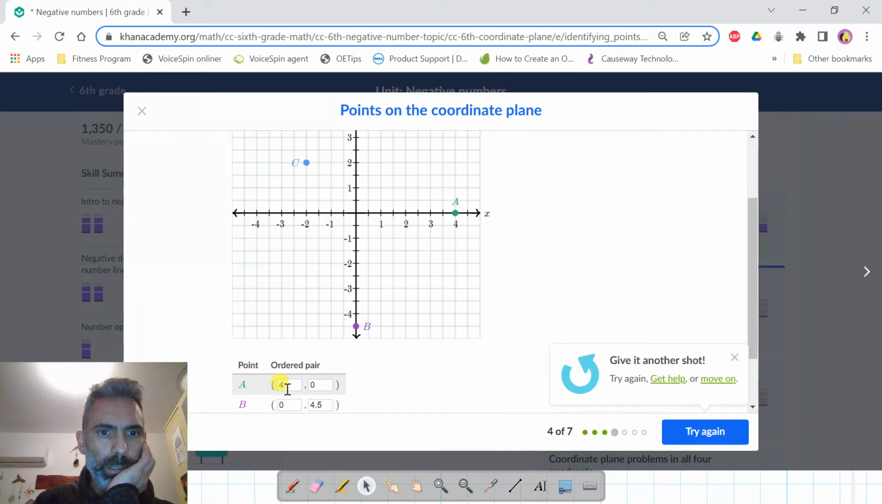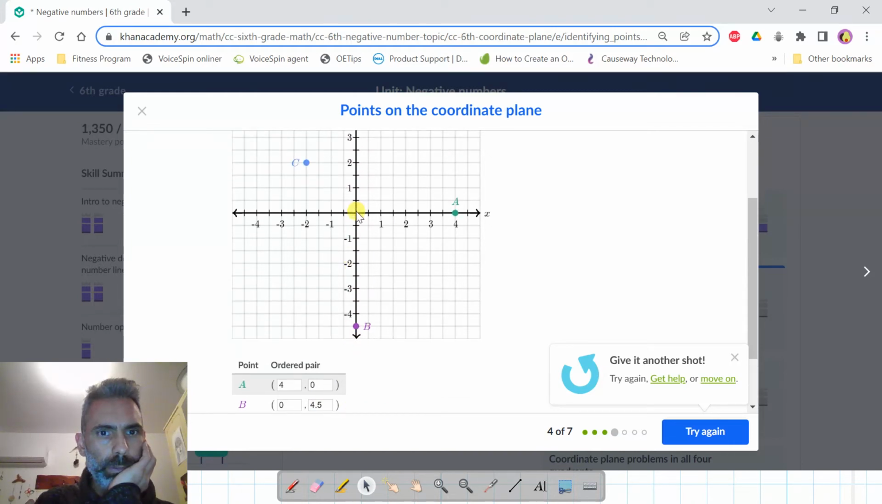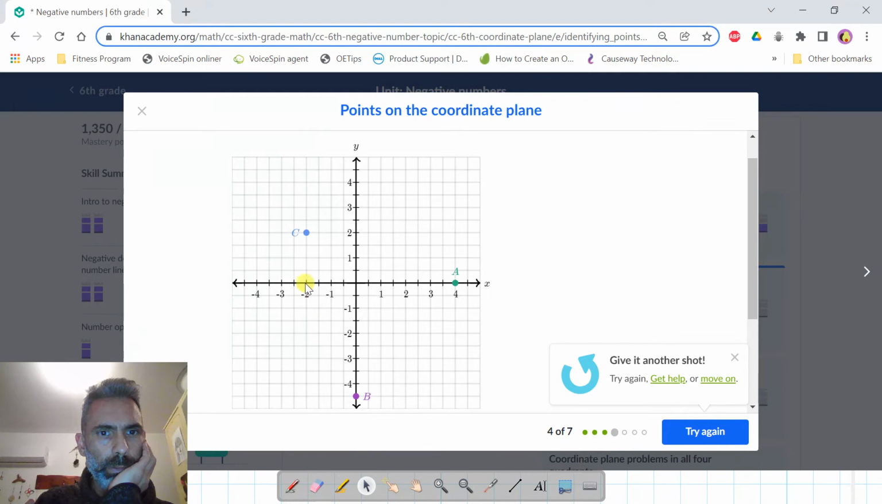Okay, point A, 4 on the x and 0 on the y. Point B, 0 on the x and -4.5 on the y. And C, -2 on the x